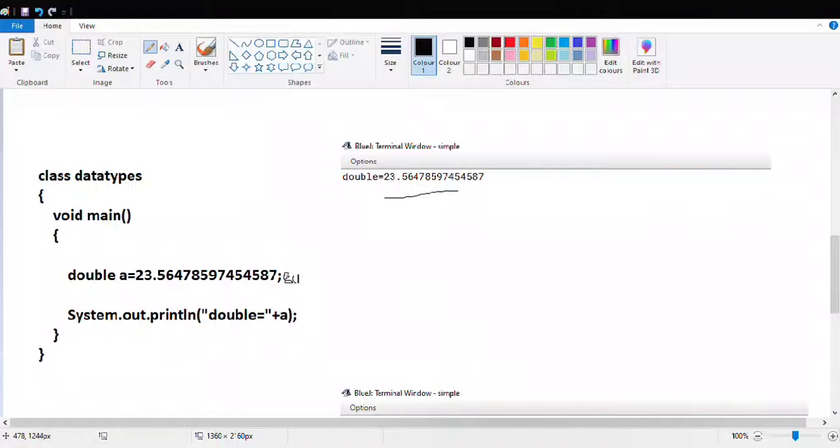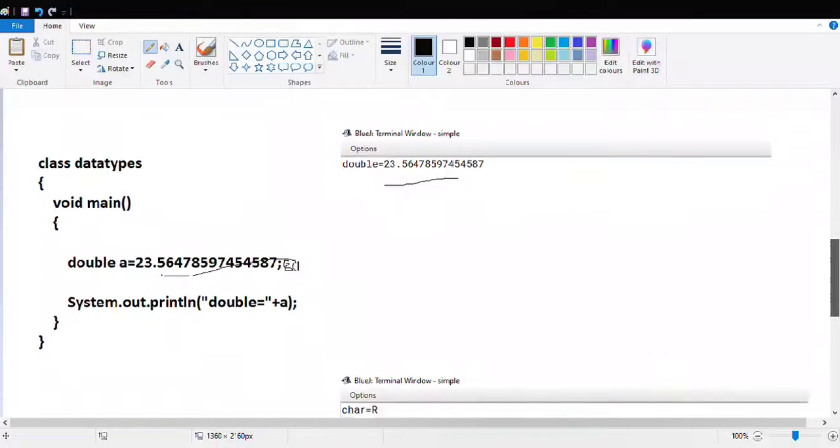Instead, if I write 8 here, then it will round off this 7 to 8 and print 8. You just need not worry about this. You just need to know that it has a precision up to 14 digits after the decimal point, and you cannot write more decimal digits after it. Again, I have shown a printing value and it is being seen.